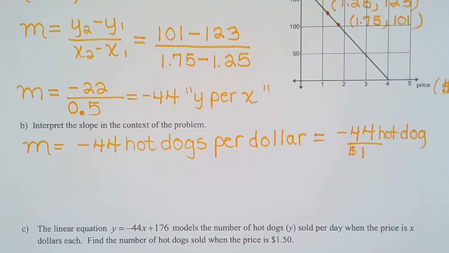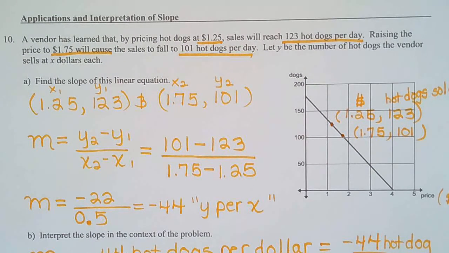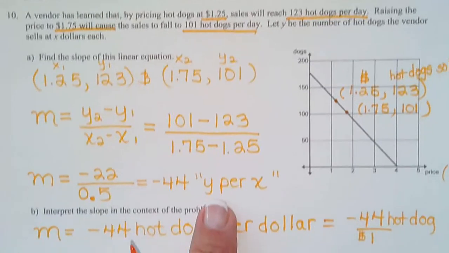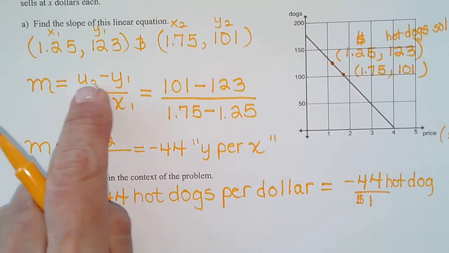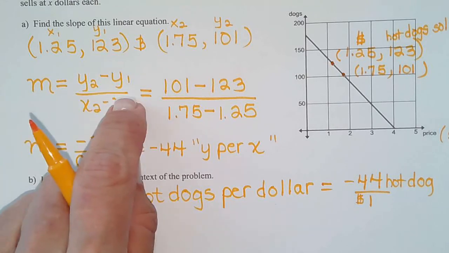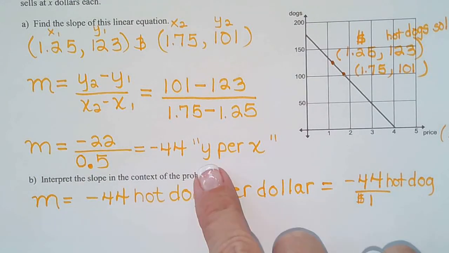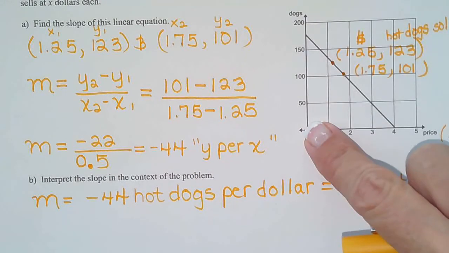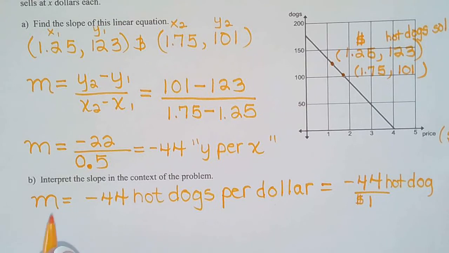So you have to use your graph, you have to use your labels, you have to know the slope formula, and you have to know that slope is always labeled y per x because of the formula. Y per means divided by the x's. And so then I looked at my graph to find out what y was, to find out what x was, and I put the word per in. So for every $1 increase in price,